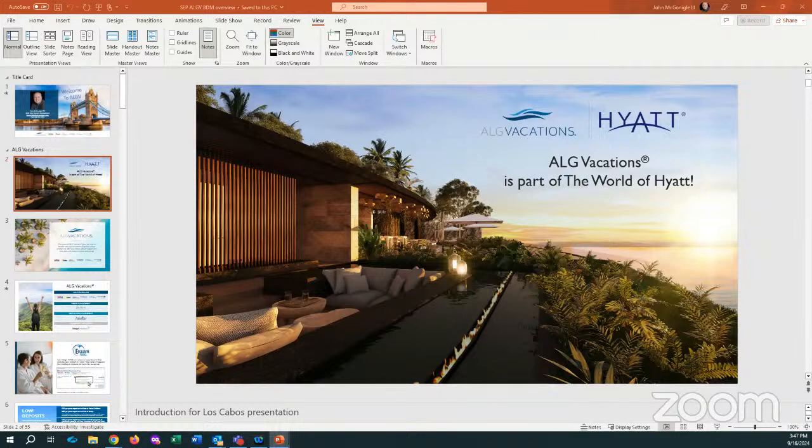We also do price matching. This is something really that you want to focus on. If a customer ever comes to you and says, well, I found it online. Yes, fine, you did, but we can price match it. And I would say 99.5% of the time we're able to match it. There may be the occasional offshoot where an OTA, an online travel agency, which is your worst enemy because it's taking business away from you, the travel advisors.